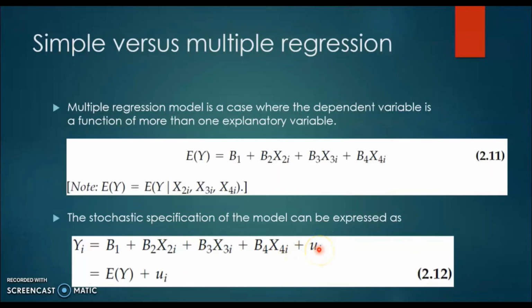error term. So here we have beta 2, which is the parameter for independent variable x2, beta 3 is the parameter or the coefficient value for x3, while beta 4 is the parameter or the coefficient value for x4. Of course, when we say the stochastic specification or the stochastic